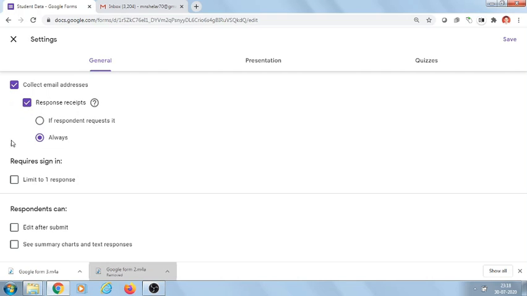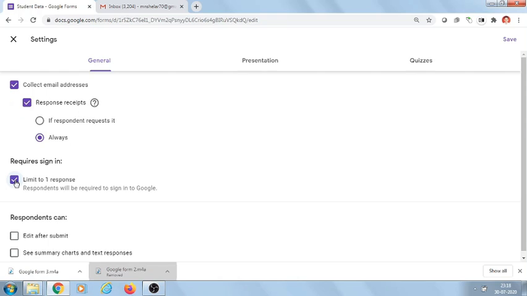Next option is limit to one response. If it is turned on, means only one response is submitted by one user. That depends upon the email ID. Means for one email ID, only one response will be received.